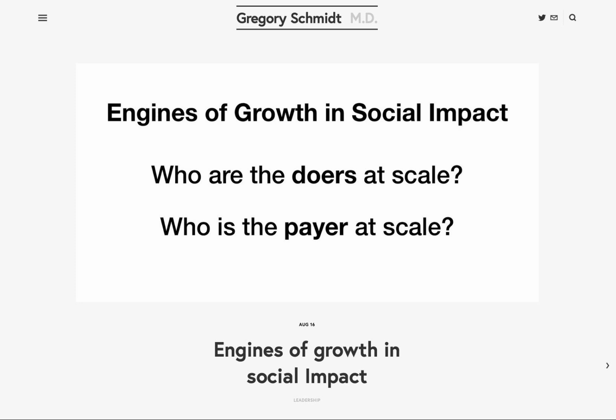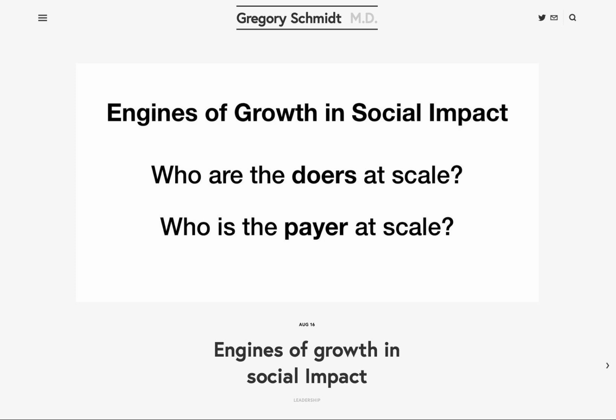Ann Mei references Kevin Starr, who sees 2 critical questions in determining the ability to scale. The first is, who are the doers at scale? And the second is, who are the payers at scale? And so the doers may include your organization, lots of nonprofits, lots of businesses, or the government. And the payers might include customers, government taxation, private philanthropy, and foreign aid. However, Ann Mei is skeptical that the last 2, private philanthropy and foreign aid, can truly function at scale, because even the largest foreign aid and philanthropy is often unable to meet these needs.